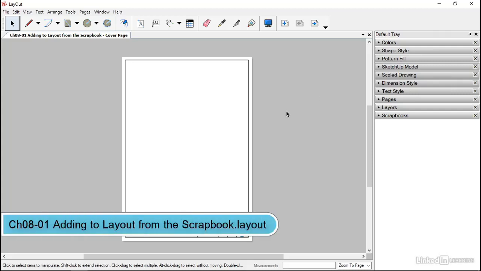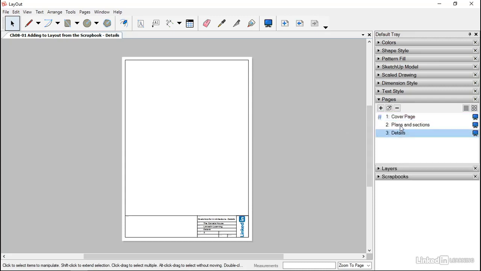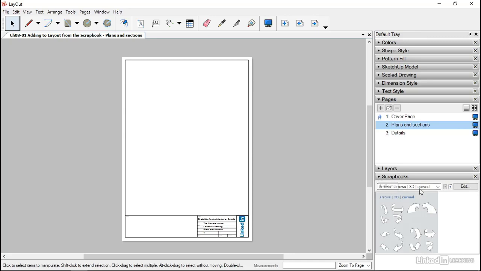Chapter 801, we're now adding to layout from the scrapbook. Okay, so what we've got is our blank template and we're on the cover page. We'll be going over to the details page or the plans and sections page in a bit. But for now, we need to set up our scrapbook link, because if we open up our scrapbook, then we